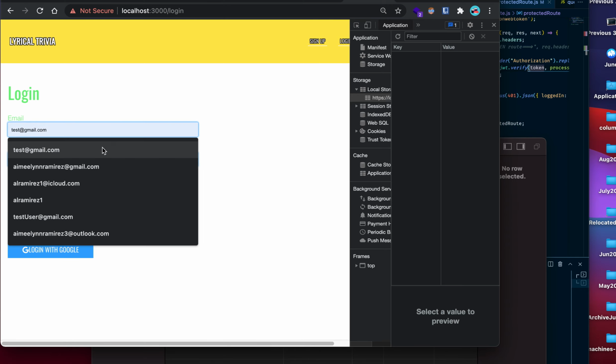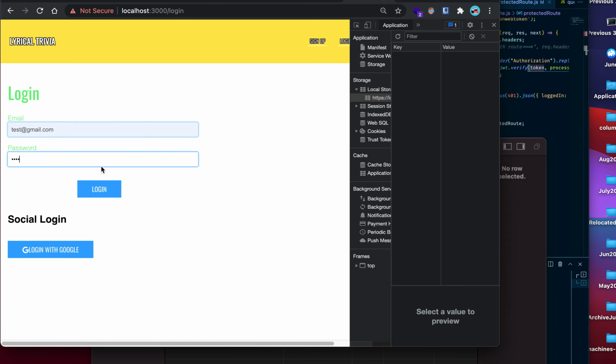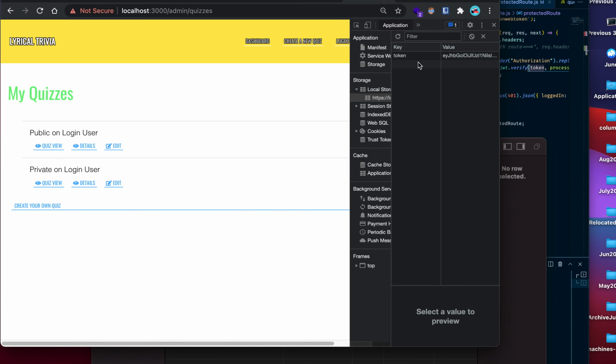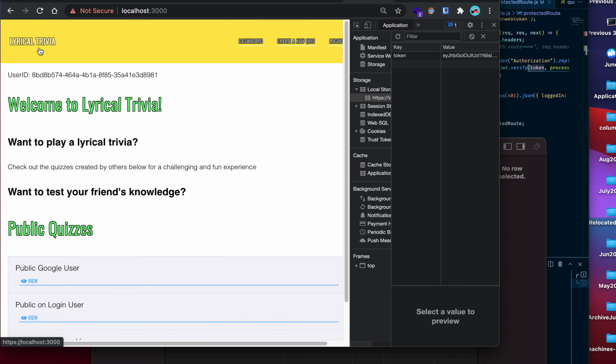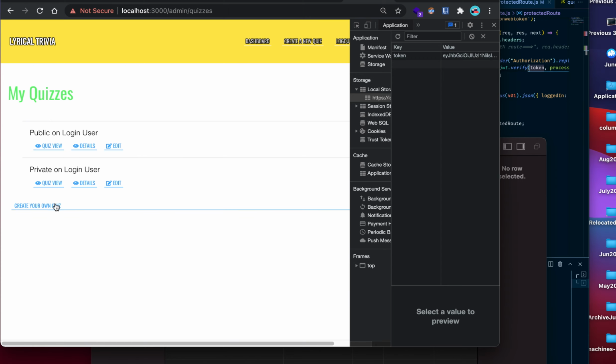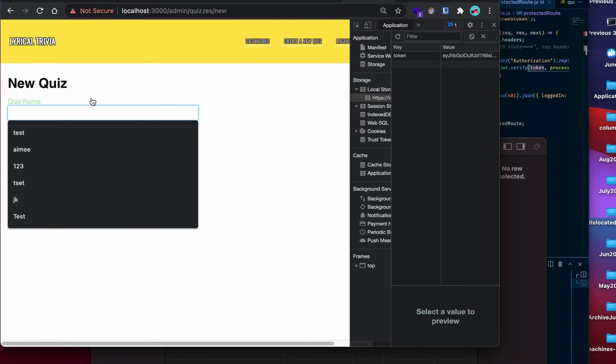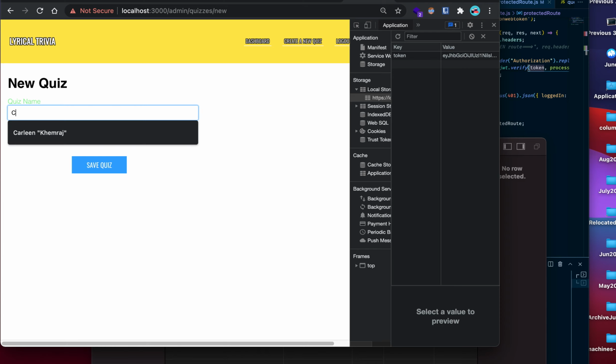So when I log into a current user that I created, you see that token is there, even their ID, as well as create a new quiz